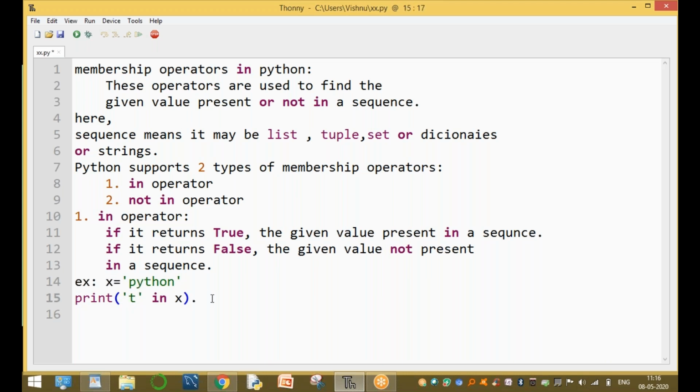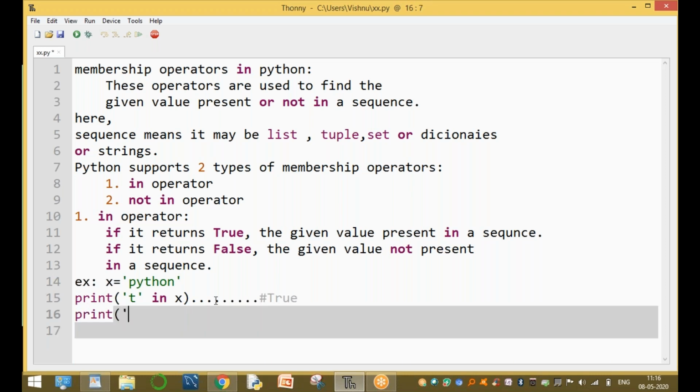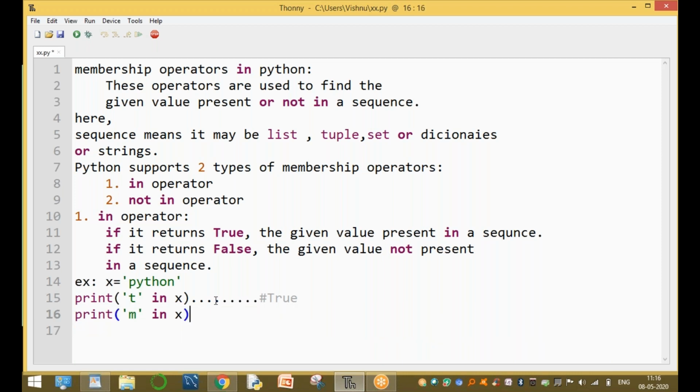This returns the value true. For example, print of m in x. This m is the given value. The given value m is not present in x, since the x value is Python. So the value is false.